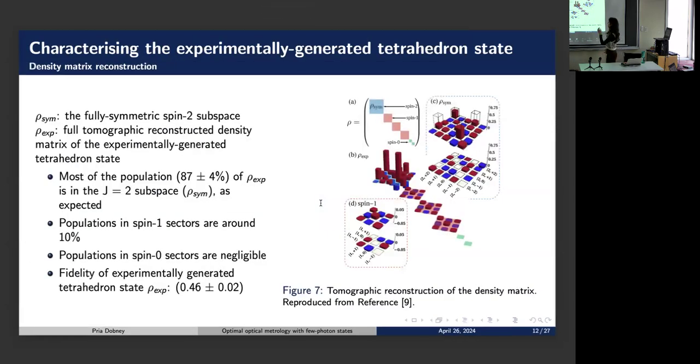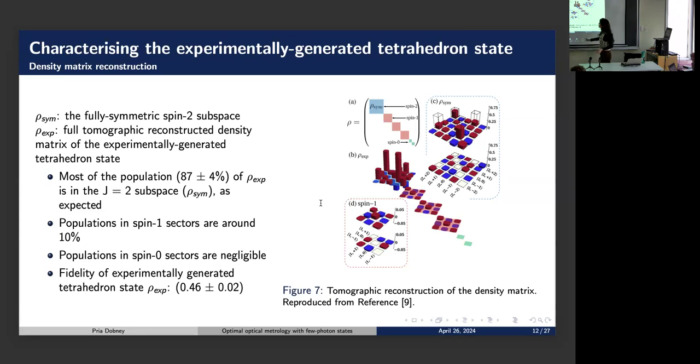So how did we do this? These diagrams are density matrix reconstructions from tomography. The first one up here shows those 3 different spin sectors that we can decompose our state into, and we expect, like I said, the tetrahedron to be living within this rho symmetric spin-2 sector,